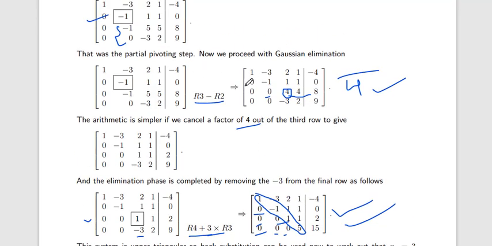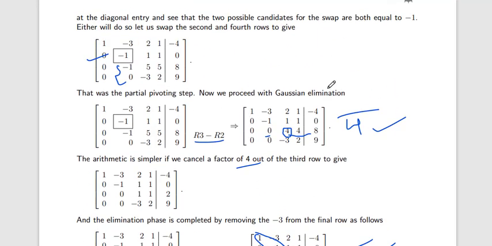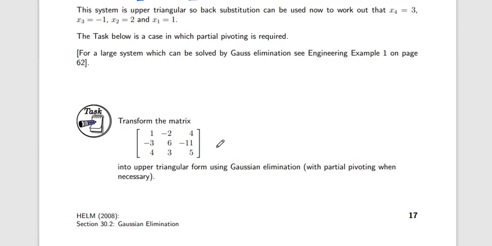So this is partial pivoting. In short, in partial pivoting we only swap the row. Now here is your assignment: transform this matrix into upper triangular form using Gaussian elimination with partial pivoting whenever necessary. I don't want you to solve this equation, only transform the matrix into an upper triangular matrix. This is your assignment question. Write it all out and upload it in the Red and White application. So today's lecture is completed.